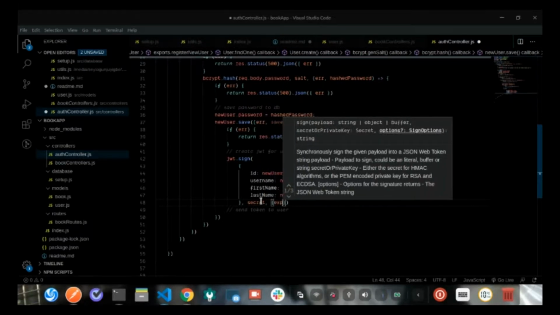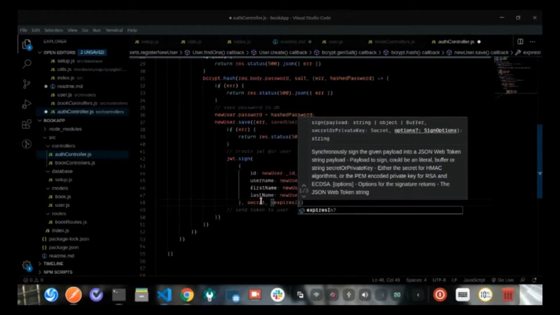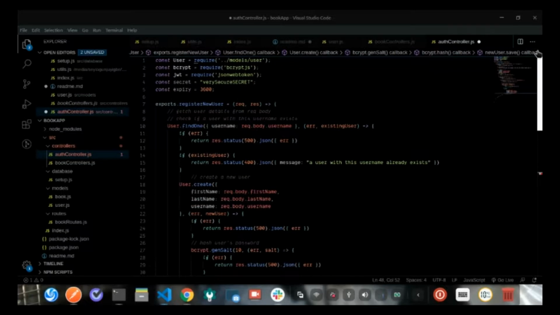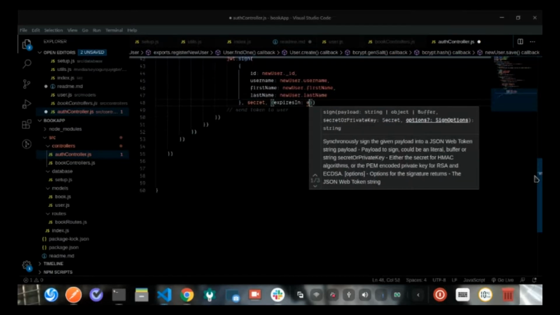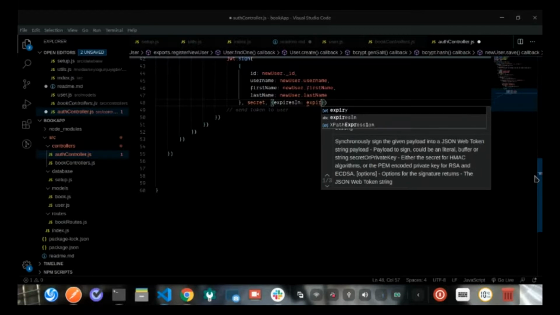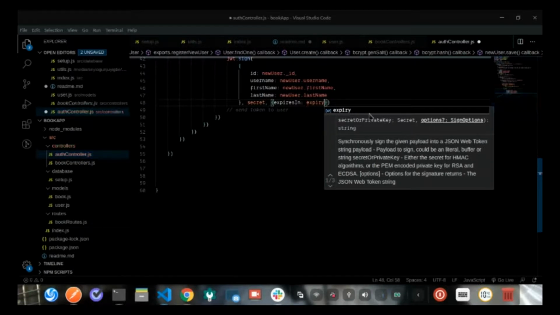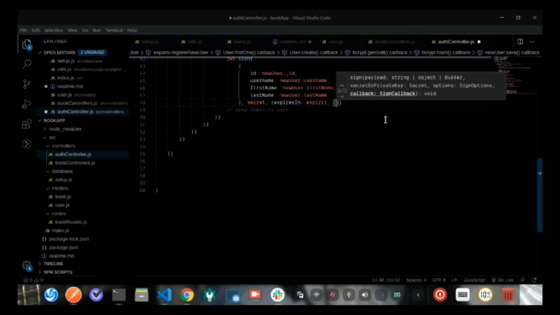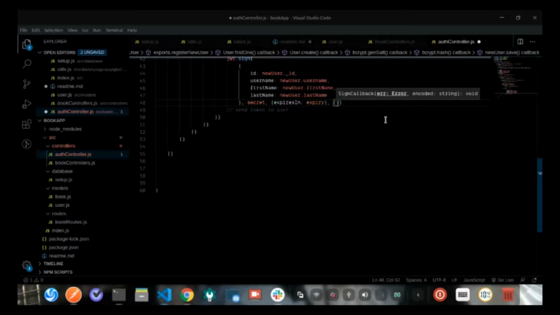In options there, I can now have expiresIn, and have that be the expiry variable here. Okay, and then I can add a callback function that takes in the error and token,